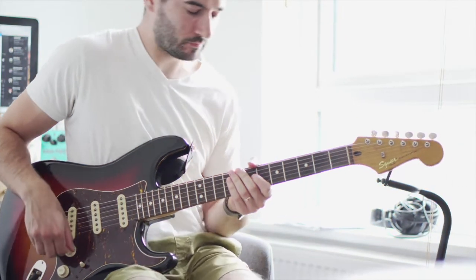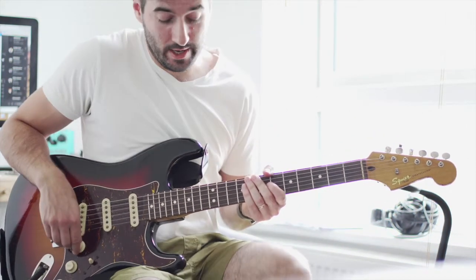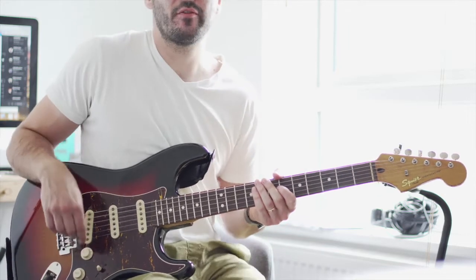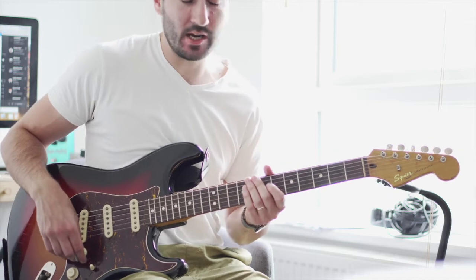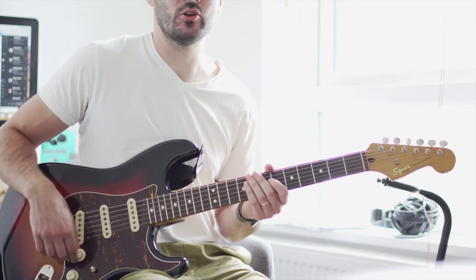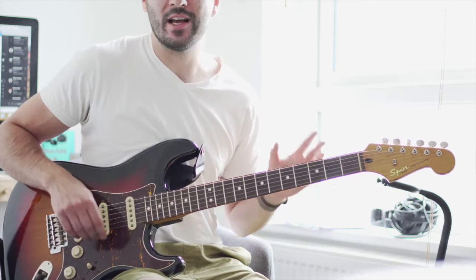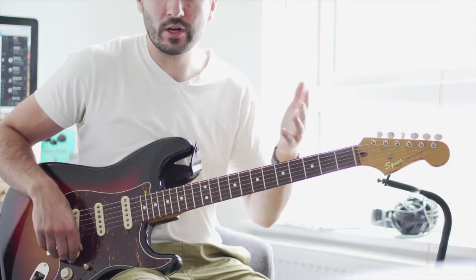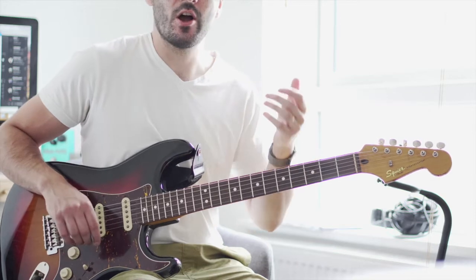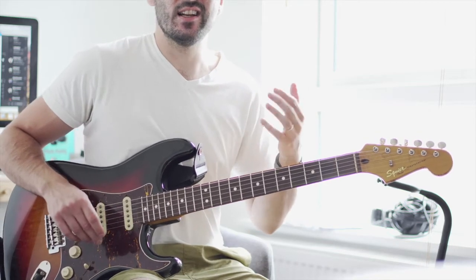Let's zoom in and see what's happening. Alright, so we've got a really iconic riff with the intro here for Back in Black by AC/DC. There's a couple of parts really that we need to look at. So the first thing we're going to look at is the chords and what chords we need. And there's only 3 of them. If you already know your chords, the 3 that we need are E, D and A, and you can